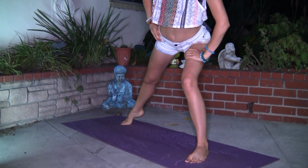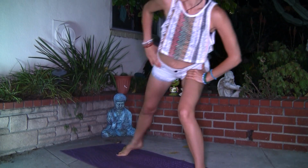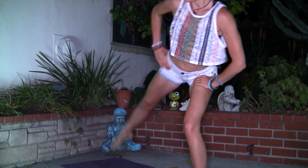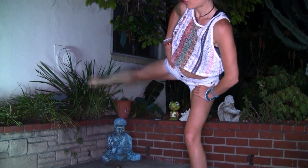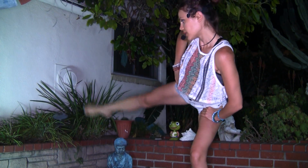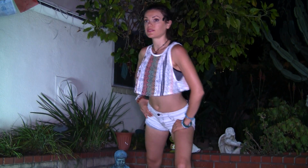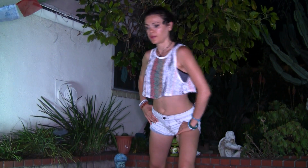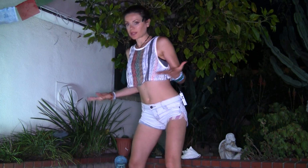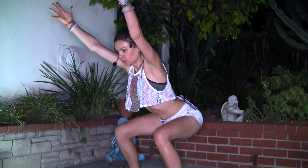Tap your right leg off the floor. We're going to lift it 10 times, contracting the hip. 1, 2, 3, 4, 5, 6, 7, 8, 9, 10. Good. From here, take a little closer stance, but still a wide squat, and come down into a wide